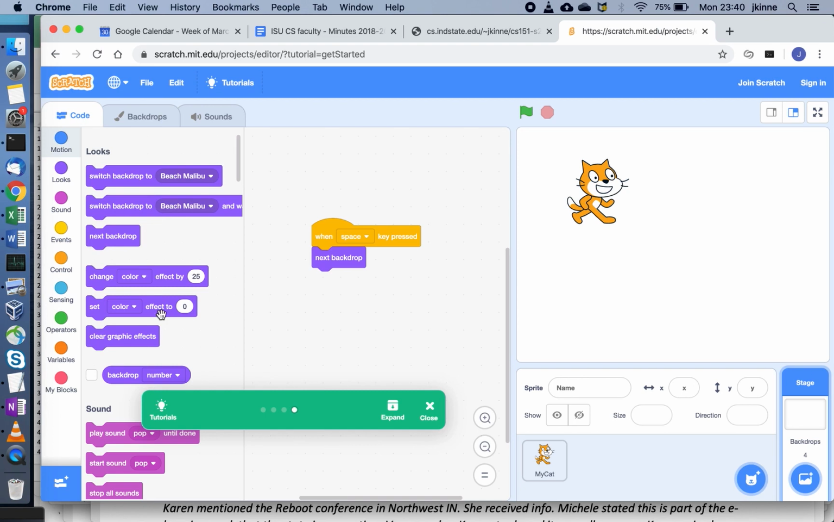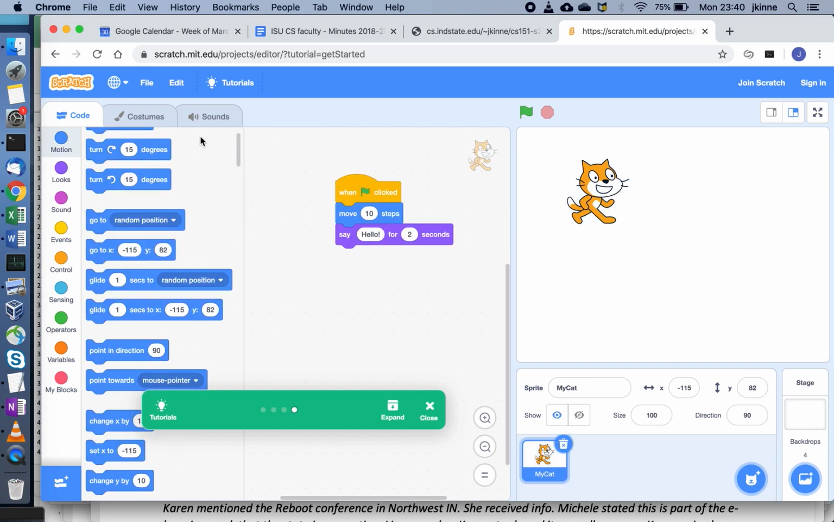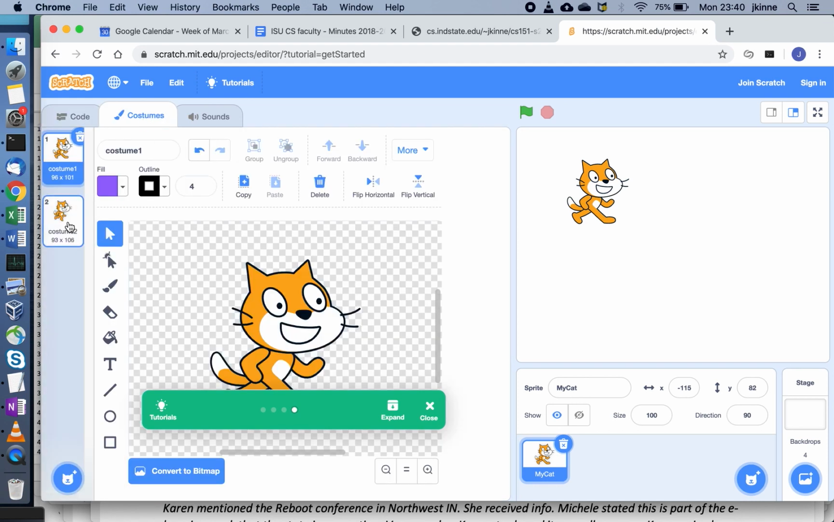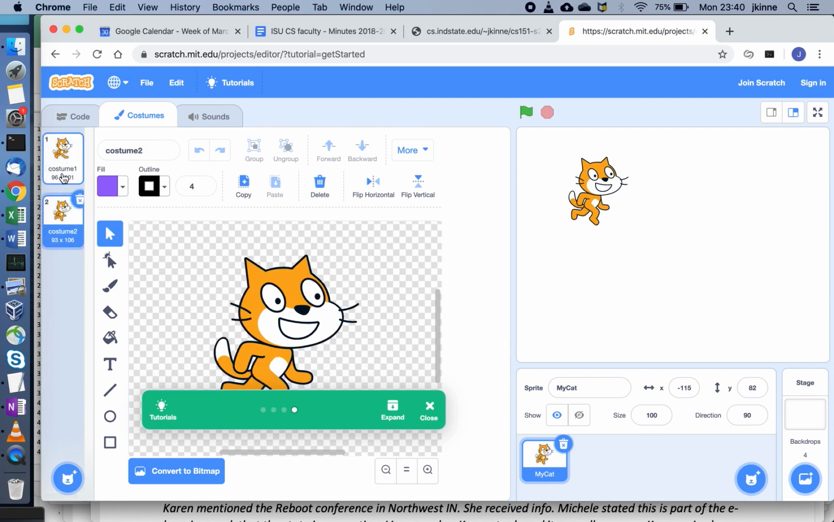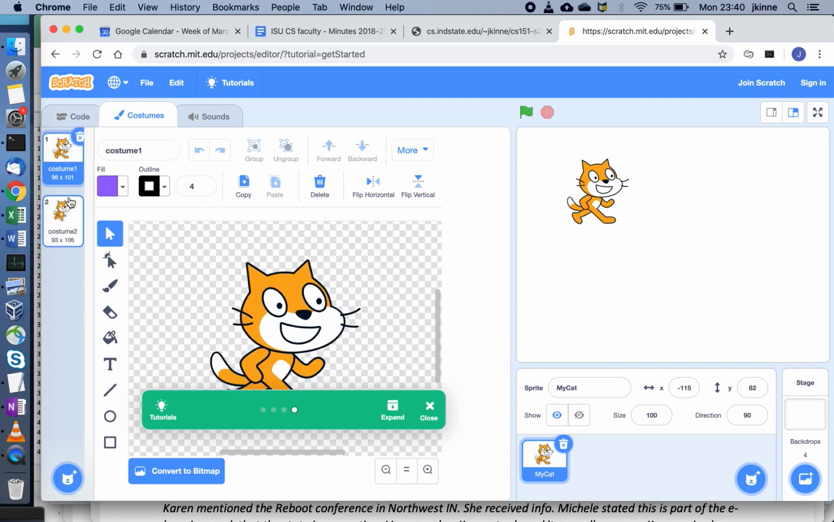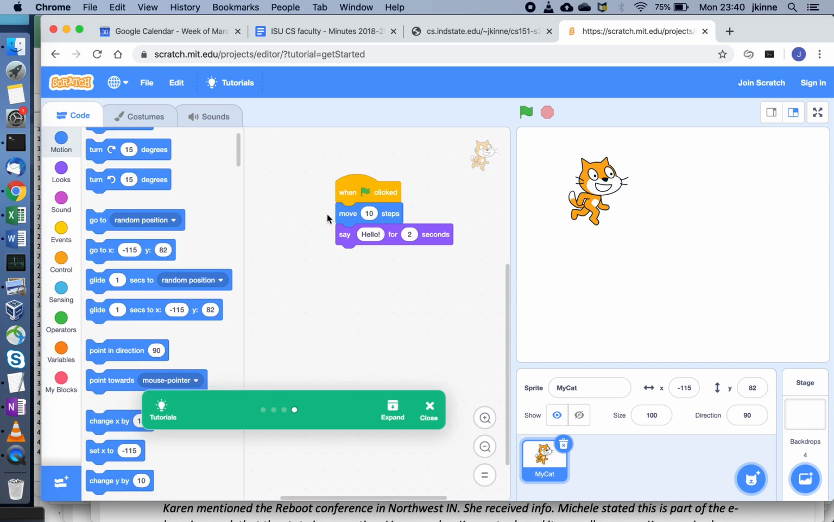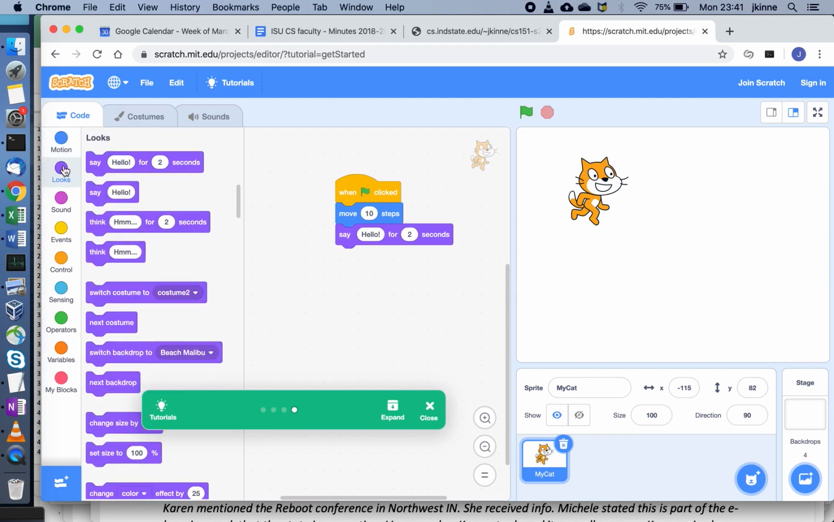And some of these commands here will pick particular backdrops, so it could be levels in a game or something like that. When I click on my cat, the cat has costumes, so I can click on the costumes tab, and by default it comes with 2, which makes it look like it's running. So here if I say next costume,